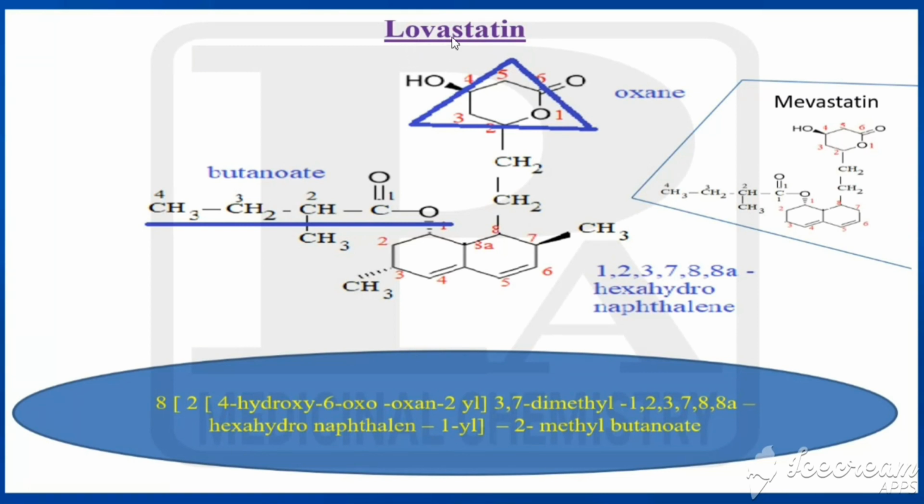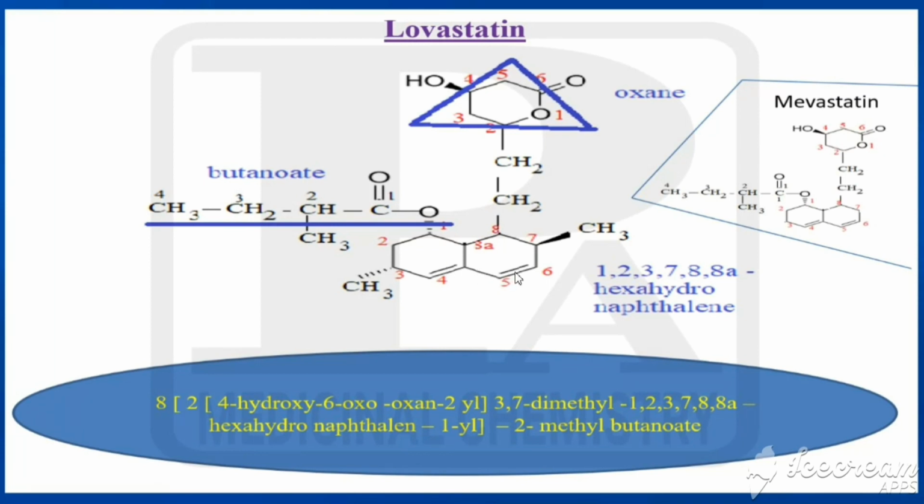So first we'll see lovastatin. In lovastatin, first it has this nucleus that is called naphthalene. We have known the structure of naphthalene. What is that? Fusion of two benzene rings can be called naphthalene. In that naphthalene, there should be 5 double bonds inside. Here 3, here 2. That would be naphthalene.